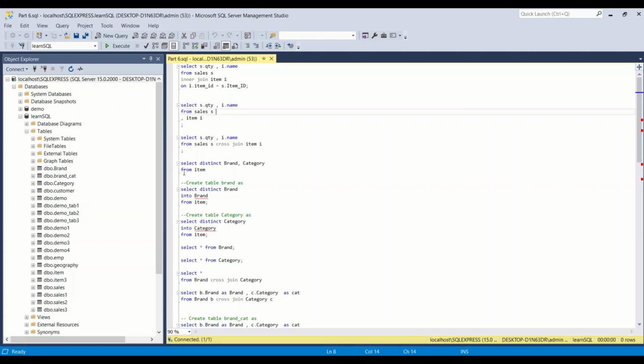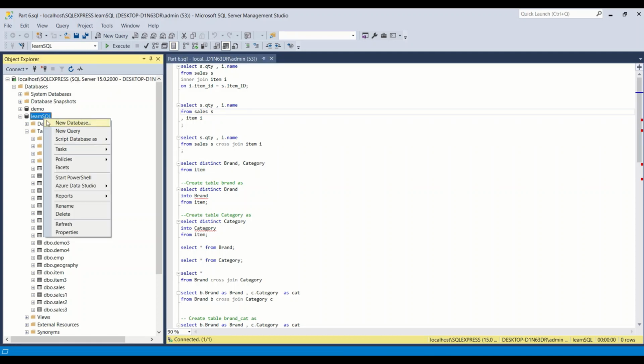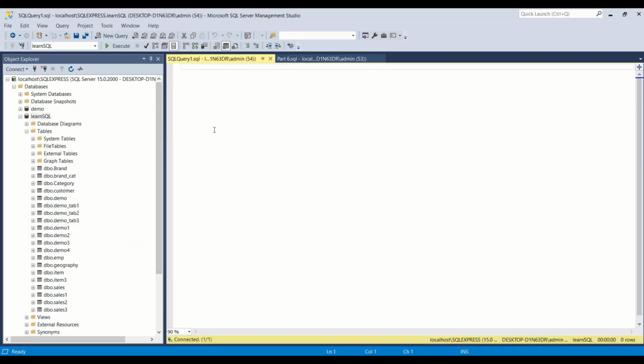I have already started my SQL server from the services, and I have already opened SQL Server Management Studio. Here I'm going to right click on Learn SQL and say new query. So first of all, let's take a simple example. How can I use a subquery? Let's say I write a statement: select star from sales where